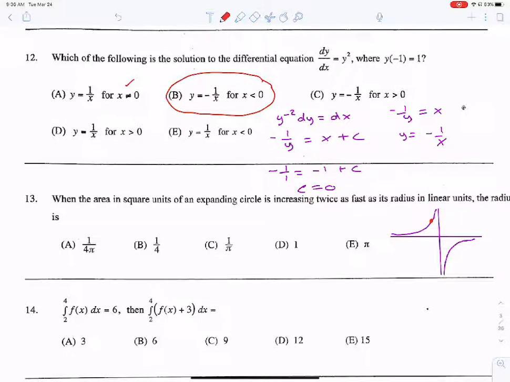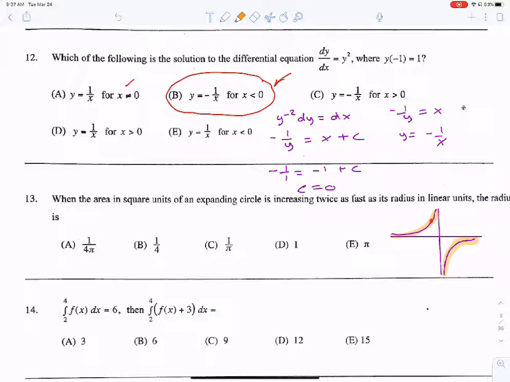Actually, I'm sorry, this does make sense now that I go through it. The reason is we're talking about this being the original function, right? So when we talk about this being the original function, we do have to consider the breakup. It's like we have two functions here, and they're asking which of the functions fits this situation. Is it the top curve or the bottom curve? In this case, I think you guys would agree with the top curve. So that's why the domain is limited there, because it's the branch that contains that